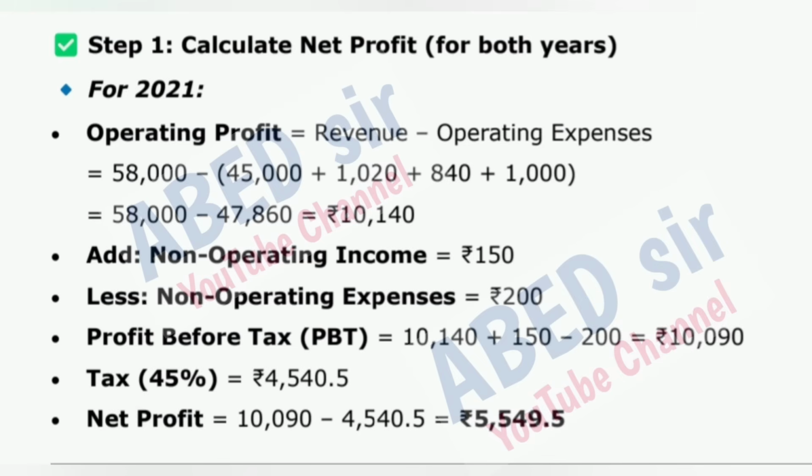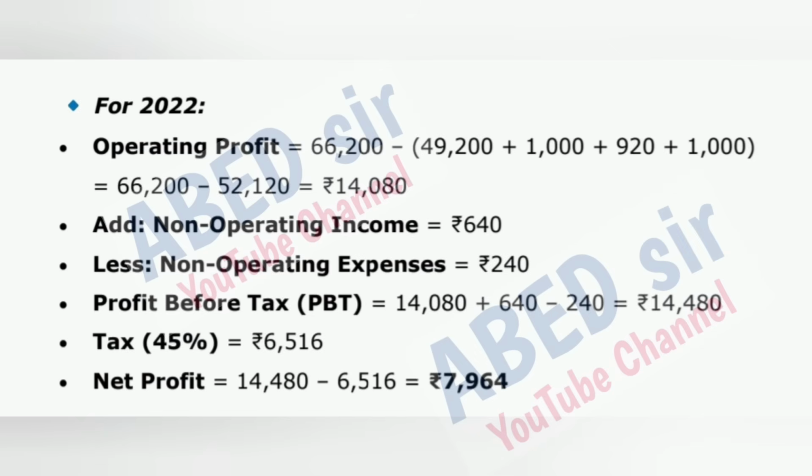Tax at 45% is equal to 4,540.5 rupees. Net profit is equal to 10,090 minus 4,540.5, equal to 5,549.5 rupees. For 2022, operating profit is equal to 66,200 minus